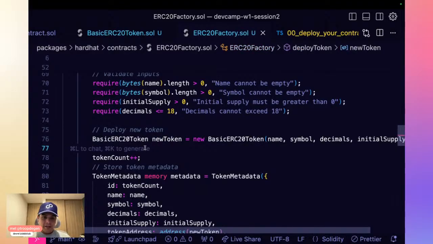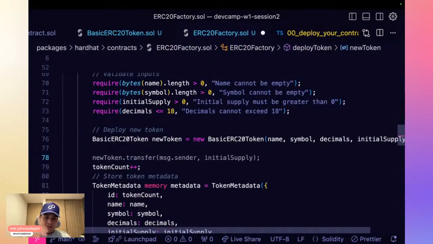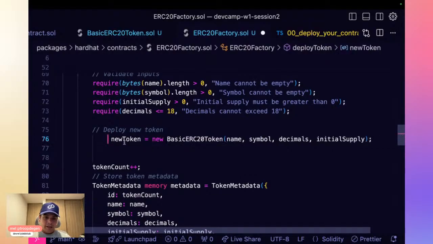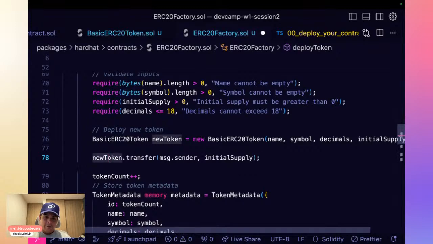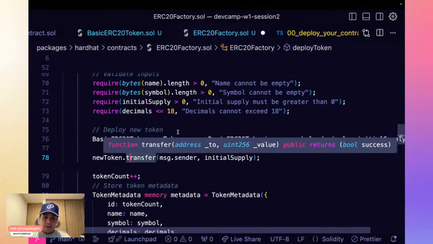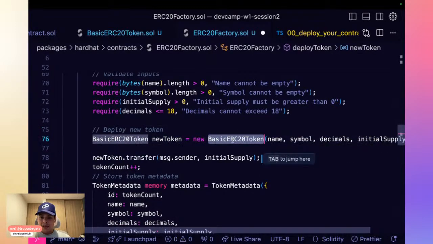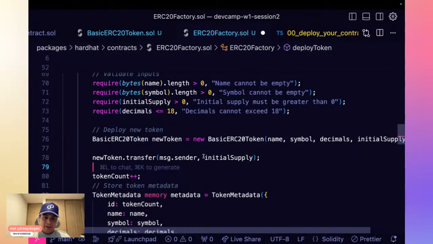So the new token, when we do this, you wrap it under the definition of the basic ERC20 token. And you see how I even get auto completions, because since our new token is a basic ERC20 token, it has the functions that the implementation has.